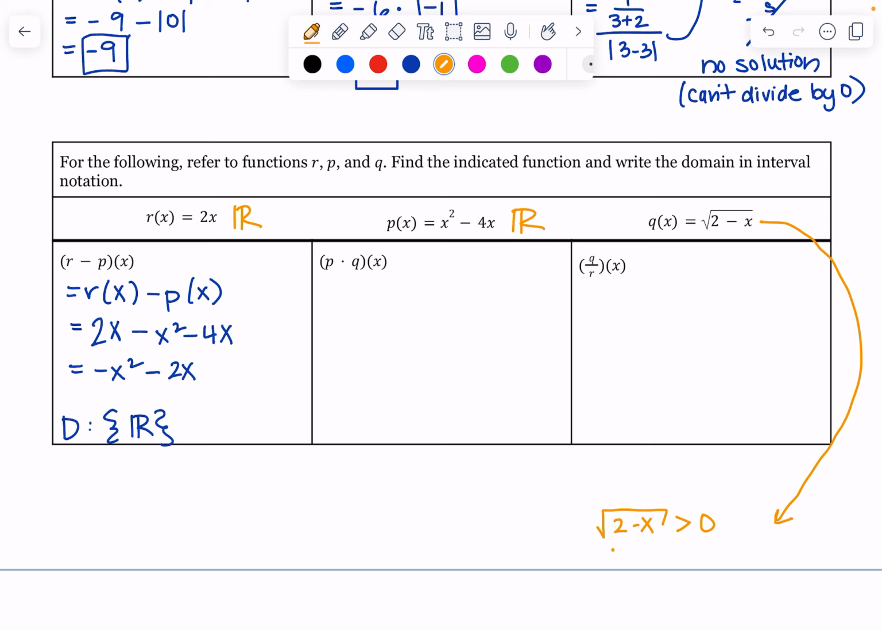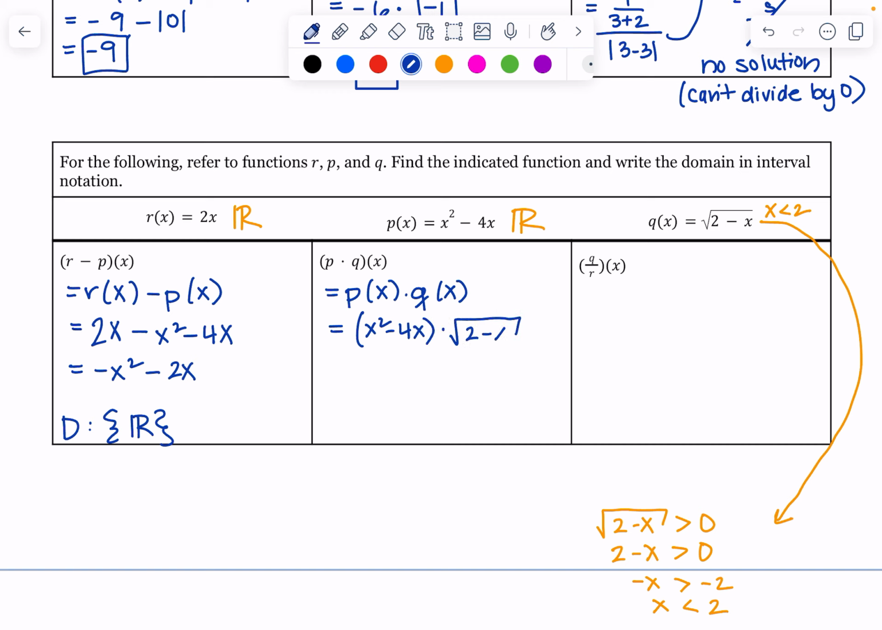And so if I square both sides, this would be 2 minus x is greater than or equal to 0 squared, which is just 0. So I have negative x has to be greater than or equal to negative 2. x has to be less than or equal to 2 for this one to work. So for here, the domain is x less than or equal to 2. Okay, so back to the middle, we have p of x times q of x. And when I do that, I'm going to have x squared minus 4x for p of x times q of x, which is just the square root